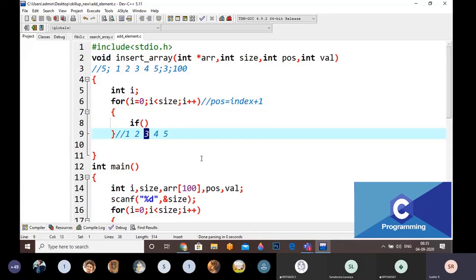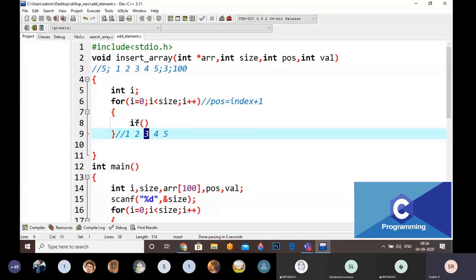If I reach the position, I am going to stop the loop at this position. That is my first target. My first target is that when I reach the position, I stop the loop at that position.